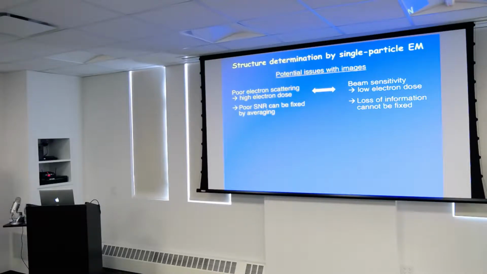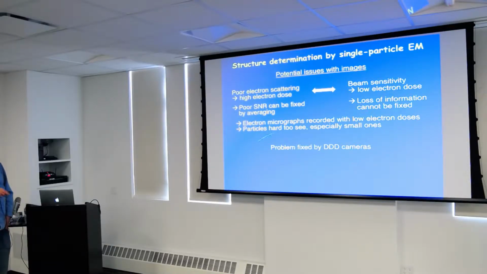The problem, however, is that the electron scattering can be so weak that you hardly see your particles and you can't align them. And if you can't properly align them, the averages you get are smeared out and they don't really improve your resolution. So that was really the problem. We could never properly align these particles to very high resolution. This is kind of a historic lecture, because these are the problems that we used to deal with. This has changed completely